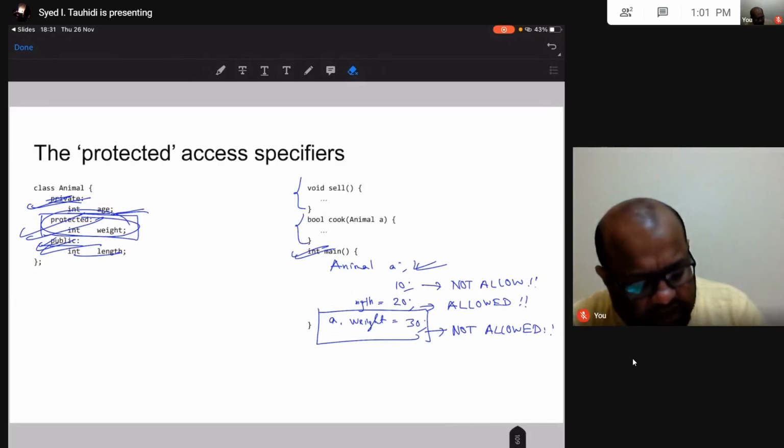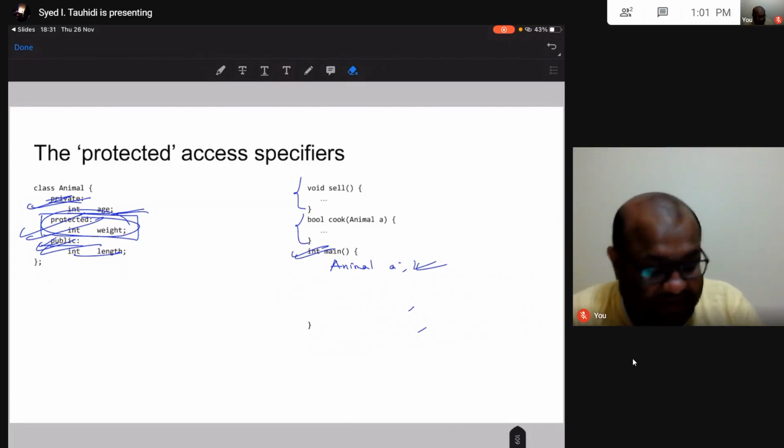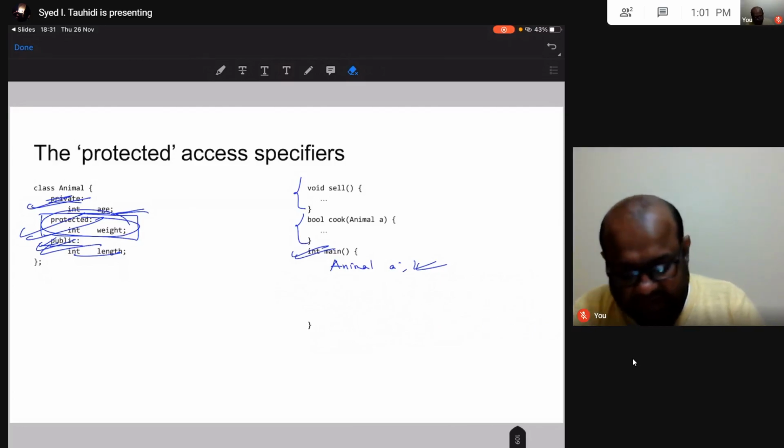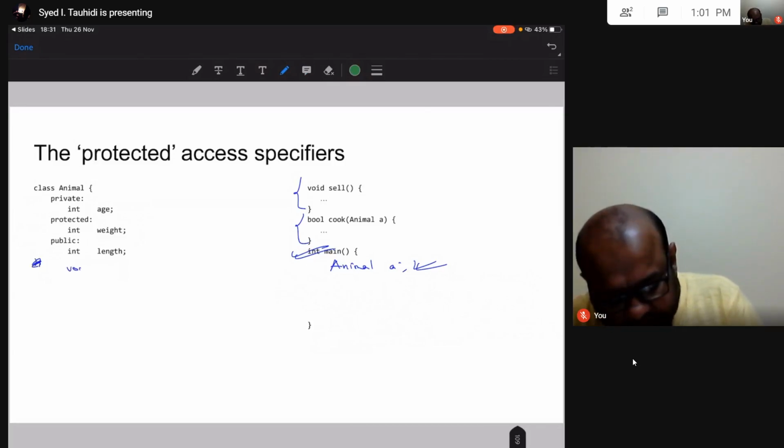Now one thing, although I cannot access this age or this weight directly, what I can do is create public methods, right? Say void set age, int x, and I am setting age equal to x. And void set weight, int x, and I'm setting weight equal to x.